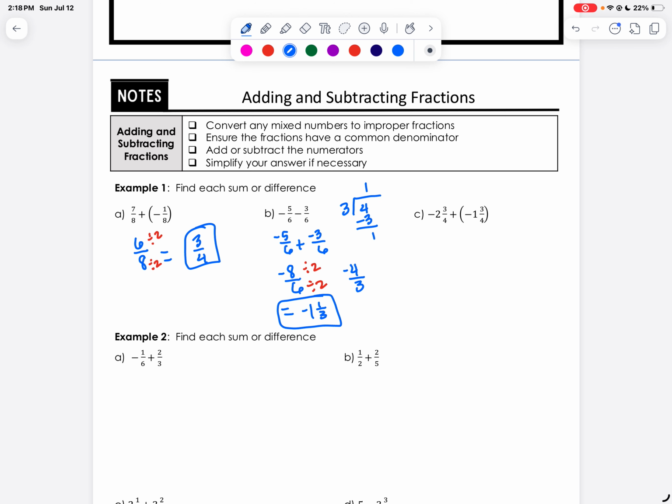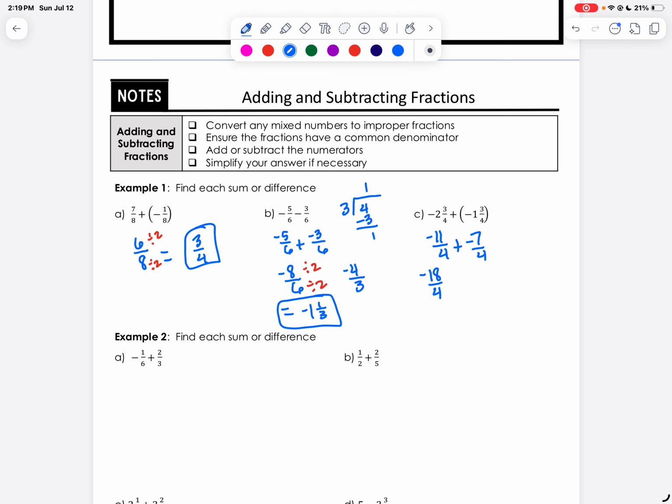All right, problem C, we have two mixed numbers, -2 3/4 plus -1 3/4. So what I want to do first is turn them to improper fractions. So 4 times 2 is 8, plus 3 is 11, so -11/4. Over here, 4 times 1 is 4, 4 plus 3 is 7, so -7/4. Now, what I'm noticing is they have the same denominator, so I can just add up the numerators to get